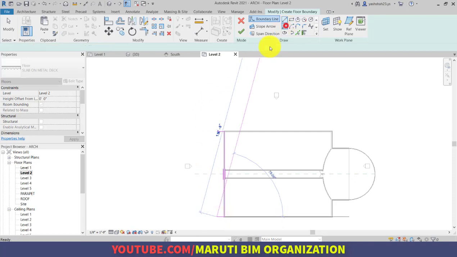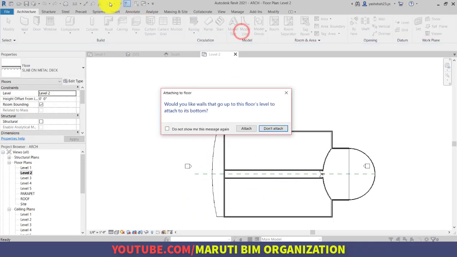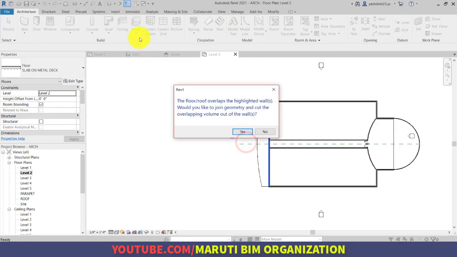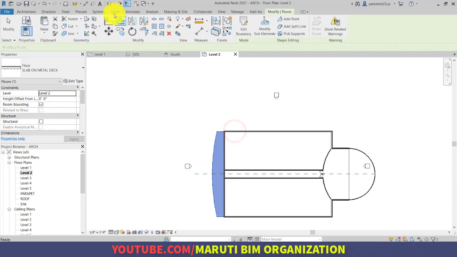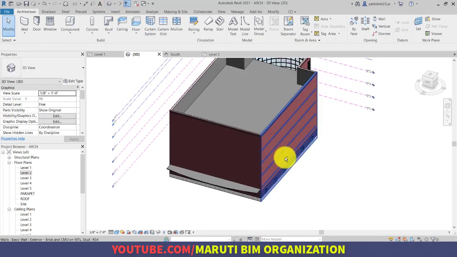And let us say I want to use the arc shape. So first point, second point, create the arc like this and Finish. 3D view. Notice that your balcony has been created like this.